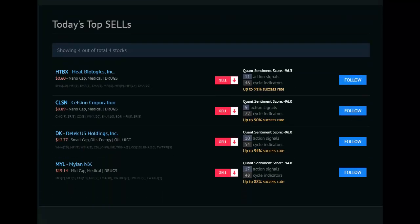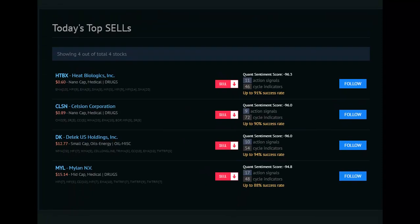Now, as you know, today was a huge day in the U.S. stock market because of the stimulus package for the coronavirus that they're trying to pass. So almost every stock was up today. But again, here are 4 stocks that triggered sells. And we're going to go with